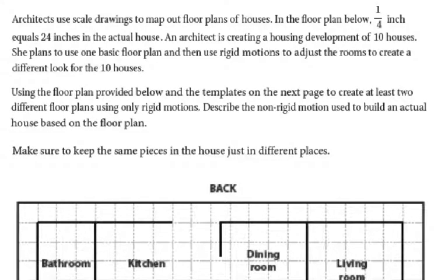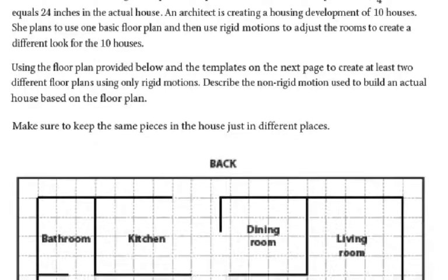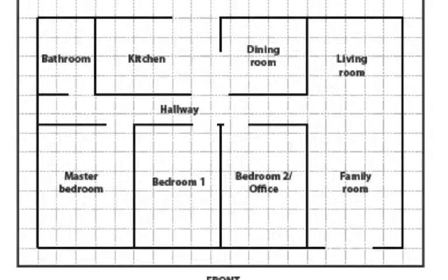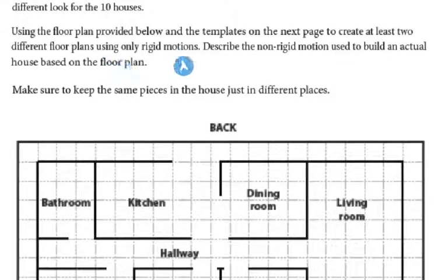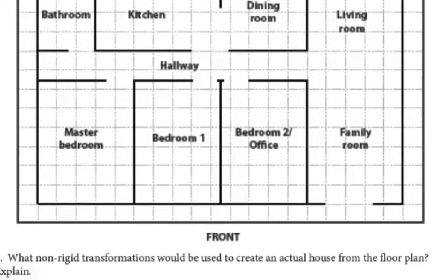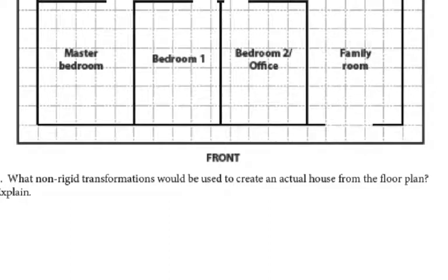The third page, you've got this floor plan, okay, which is where 1/4 of an inch equals 24 inches in the actual house. So, they create this, and they have this basic plan, but they want to use it for different houses. So you've got this basic plan. So what you're going to do is using rigid motions, so reflections, rotations, translations, you're going to come up with 2 other different floor plans where you have the same basic space for each of those bedrooms and whatnot, but you're going to reflect it, you're going to rotate it, or